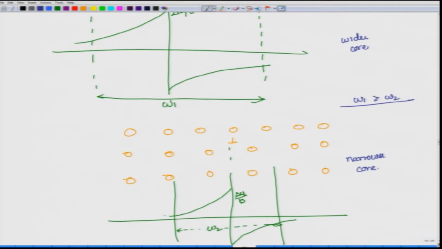And you would expect that the one with the smaller core would move easily, but that is not the case. The dislocations which have a wider core are the ones which move more easily. So, these move more easily, and these movement not as easy.